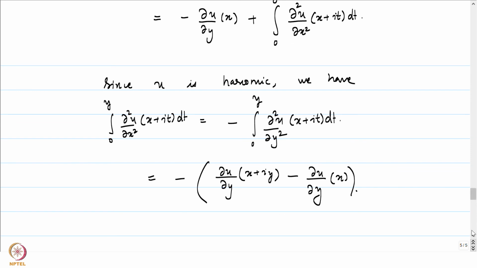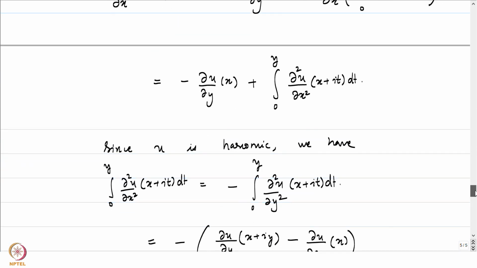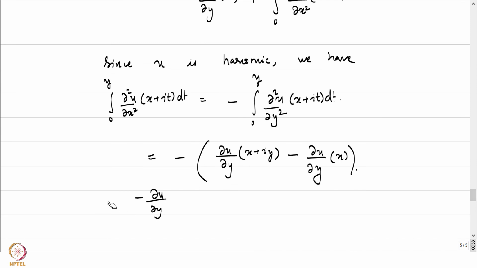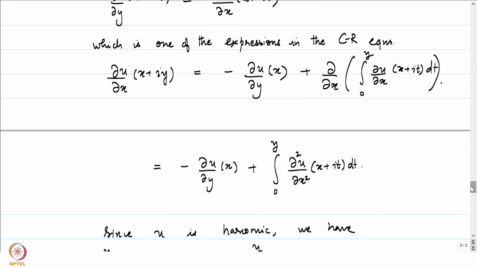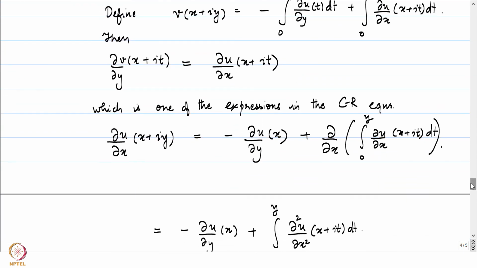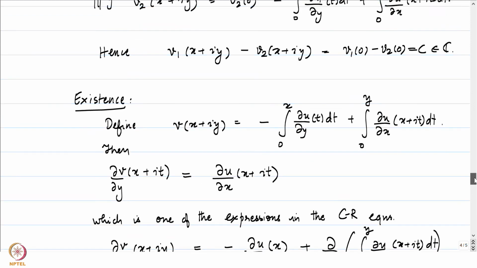And what do we have? This is equal to minus of dou u by dou y. So what is equal? This is basically dou u by dou x, dou v by dou x at x plus iy. That is what we were computing, right, to begin with. I think I made a mistake when I wrote this. This is not dou u by dou x, rather this is dou v by dou x. It looks like the same, but I think here I made a genuine mistake. This is dou v by dou x that we are looking at. So maybe I confused you a bit.